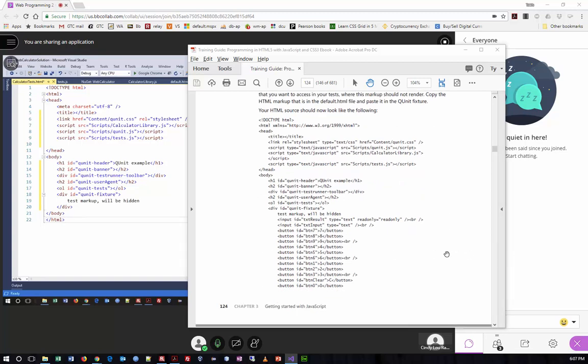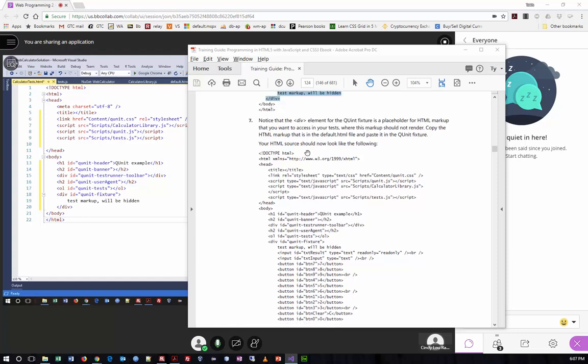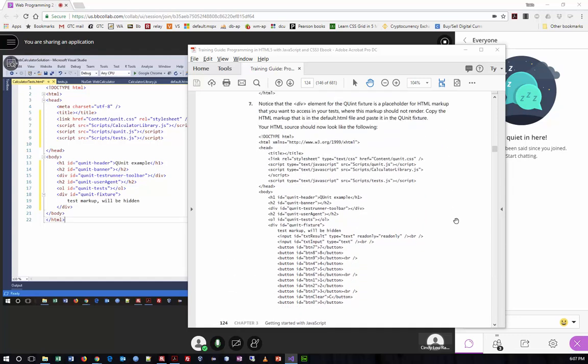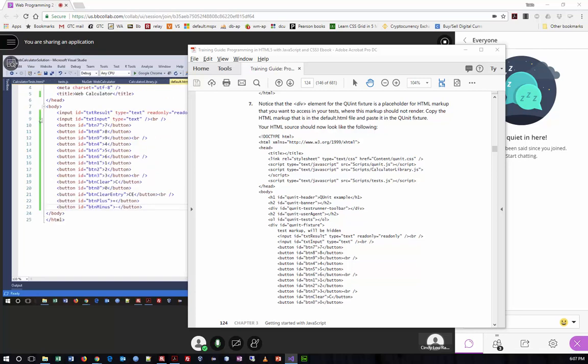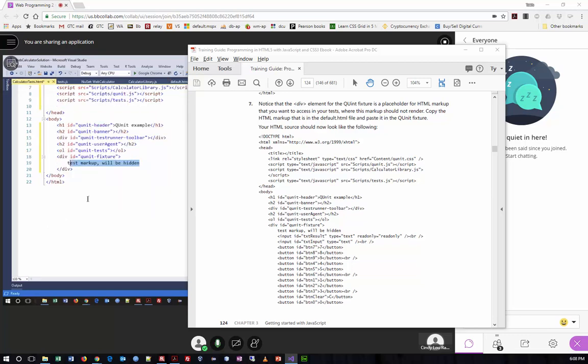All right. Next thing that we're going to do, step number 7 now, bottom of page 124. It says copy the HTML markup that is in the default HTML file and insert it here. So basically, where this code is, that code's going to get replaced with all the stuff that we have on this page. So all this stuff that seemingly was sitting in midair, right? We're going to copy that,